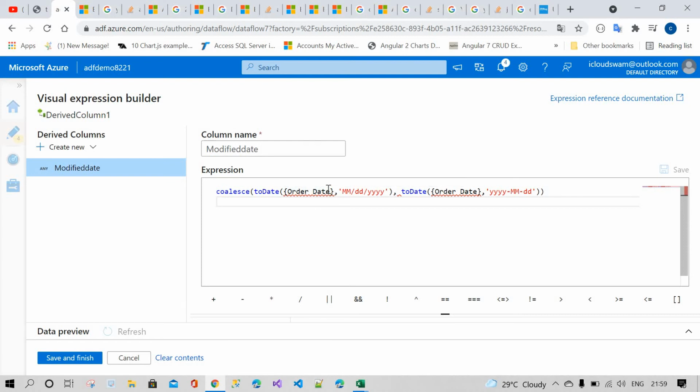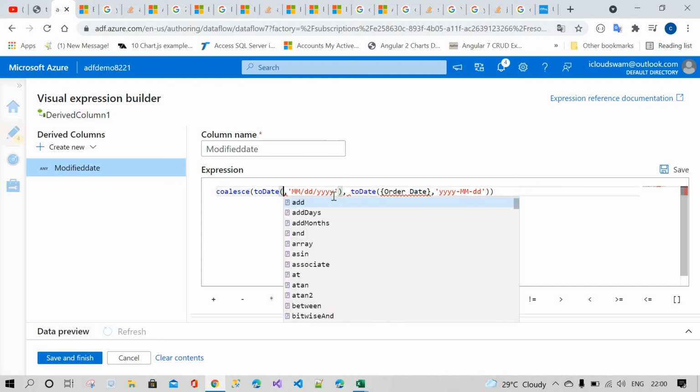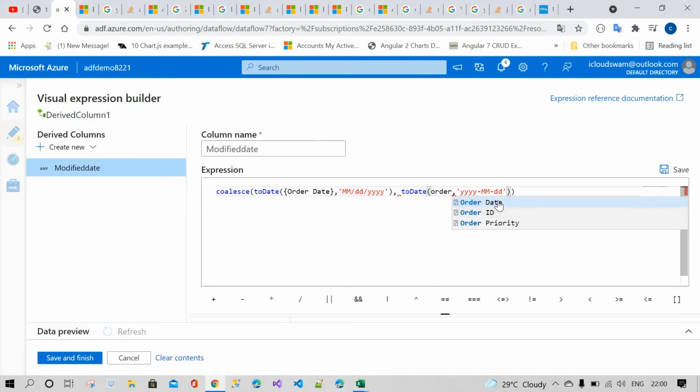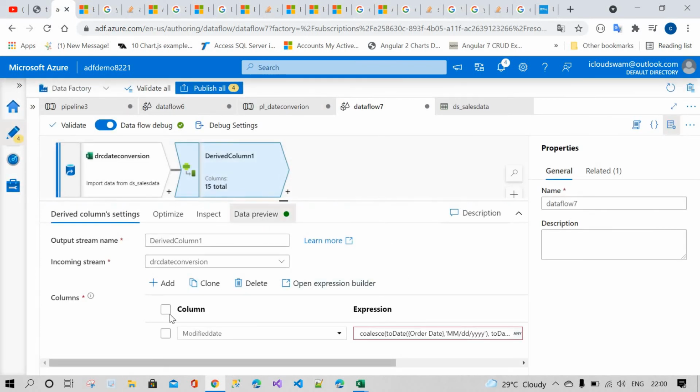Column could not be found. The toDate of order date. Sometimes it doesn't identify the column, but delete it and add it again, no problem. Order date. Save and finish. Now check the data preview.